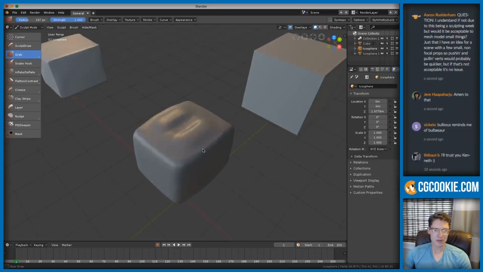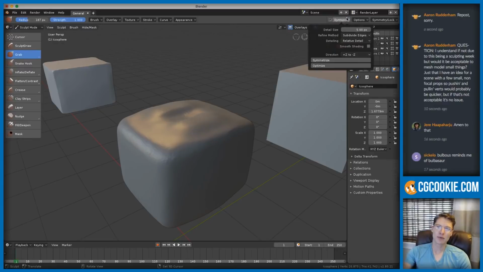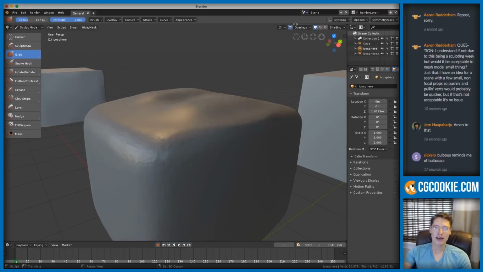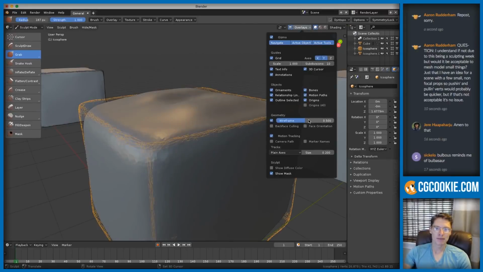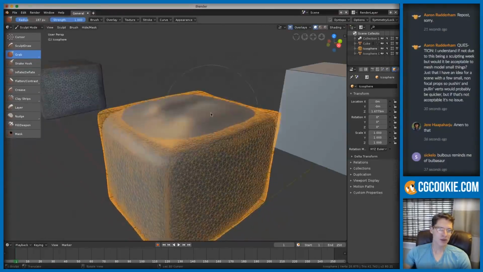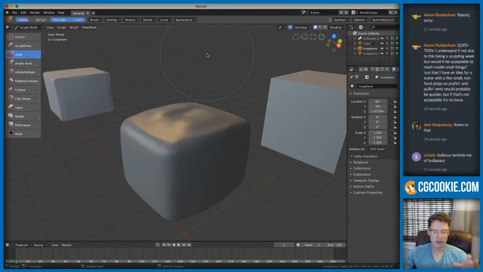That's a good idea, and it makes sense, but we have too much geometry at this point, and the smooth brush by itself does not actually update the geometry. So here's a couple options. What I do want to do conceptually is decrease the polygon count. Man, it's really annoying that the wireframe does not update in dynamic topology. So there's too much geometry right now. I want to decrease it, because if it's less geometry, I can make broader